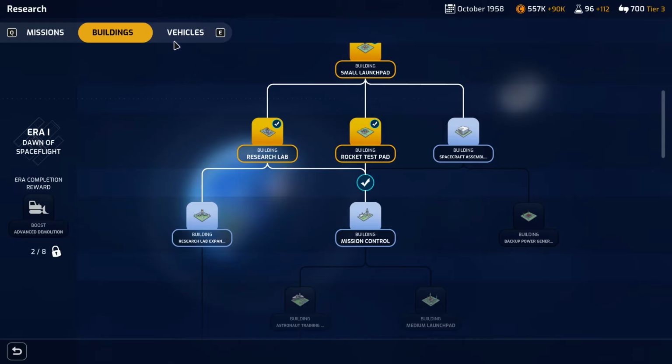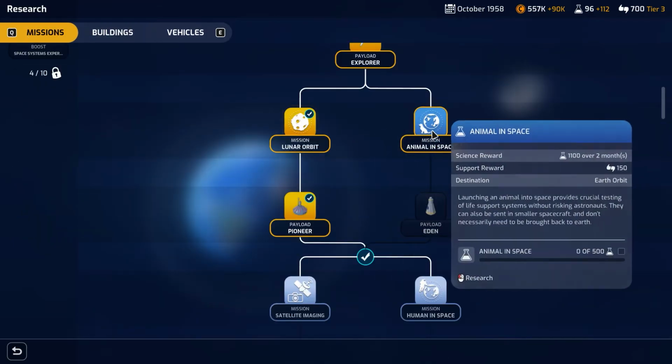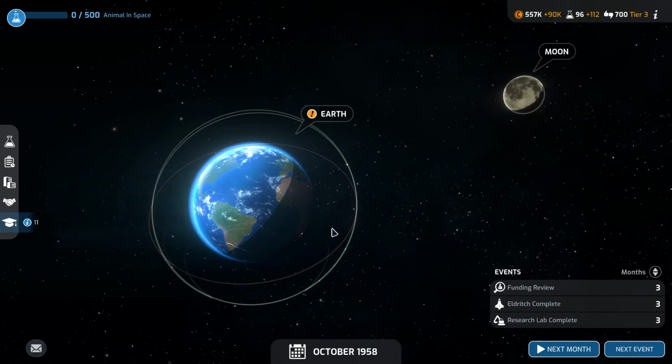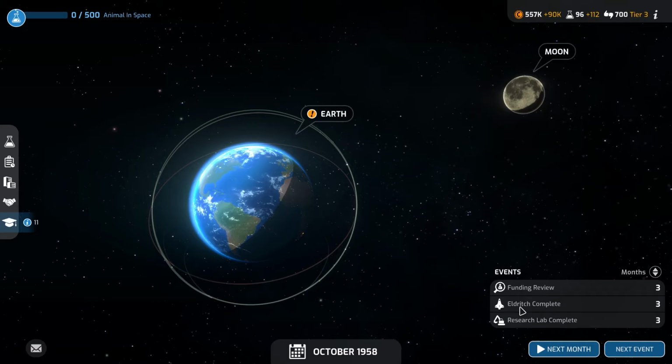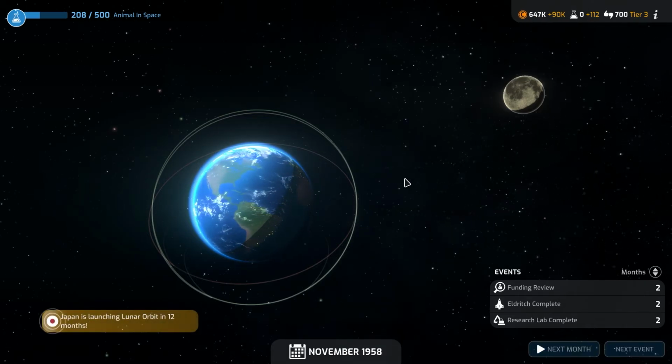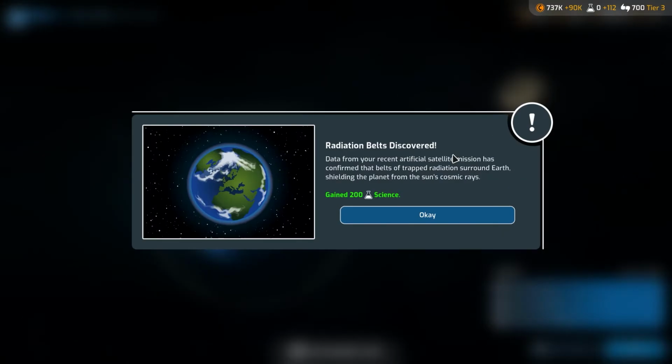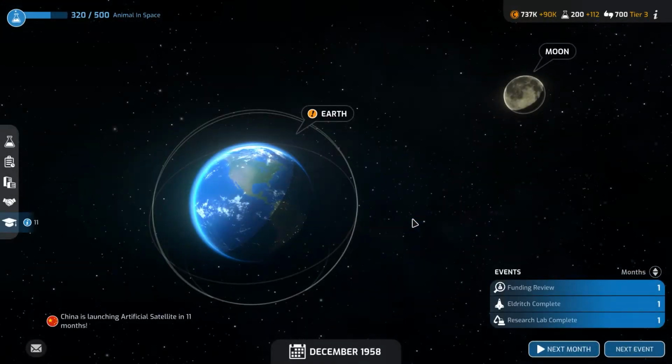Next research is going to be let's do animals in space. Maybe we should do completionists, just try and do everything. Okay, so we actually have 3 months left to build this thing, so we're gonna go launching orbit in 12 months. Nothing else. So let's go to next event. Radiation belts. Data from your recent artificial satellite. Okay, good. Next month looks like